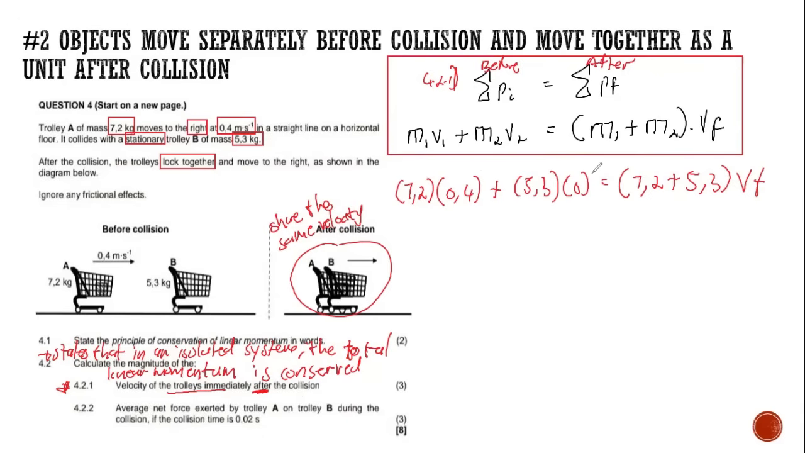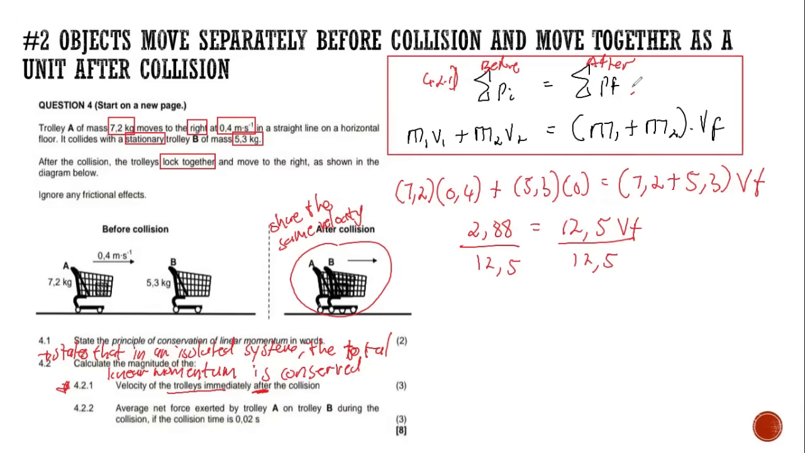Obviously, when we multiply, this is going to be 0, so we might just as well leave it like that. So we have 2.88, which equals adding this one up, 7.2 plus 5.3. That's equal to 12.5, and then VF. Now, obviously, when we divide both sides by 12.5,